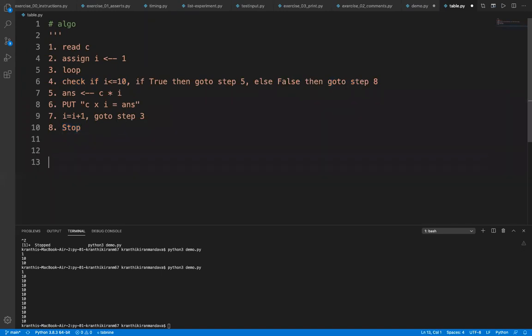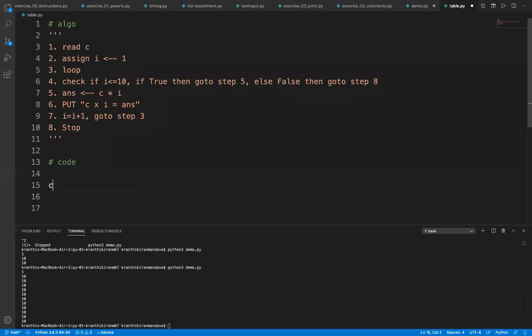Now let's write the same code. So I'm closing the algorithm comment. Now I will write code. This is the procedure I always try to follow. When you write any code, write the algorithm or the pseudocode first, and then you write the code. Don't directly jump into the code. First think about what you want to do. So the next thing is you write the code.